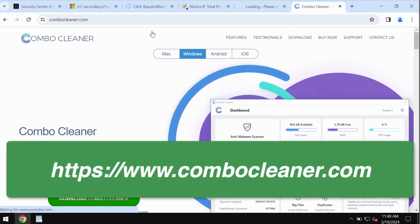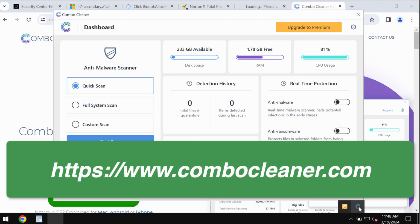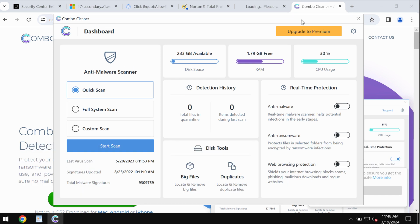Use the green download Combo Cleaner button, install the application, and then once it gets successfully installed, start carefully researching and investigating your computer with its help. So, Combo Cleaner Antivirus will help you to effectively detect and eliminate other threats which could still possibly remain on